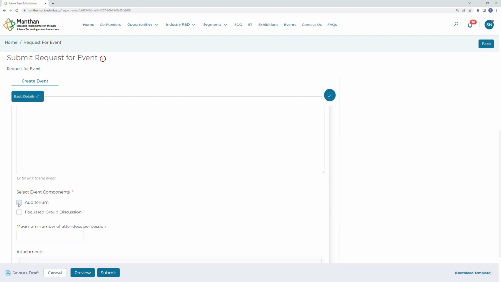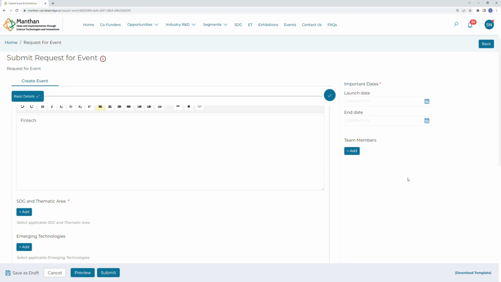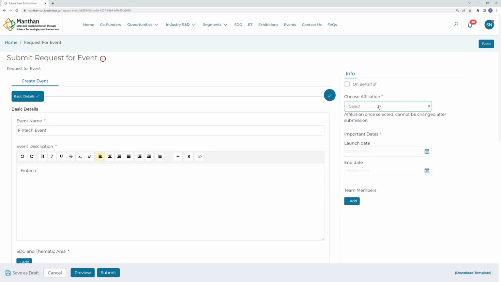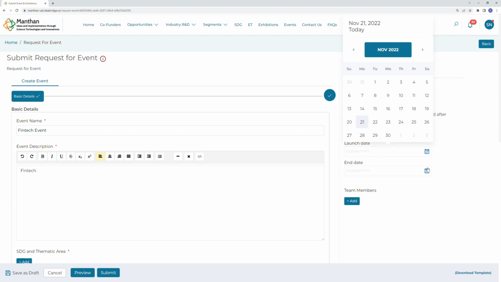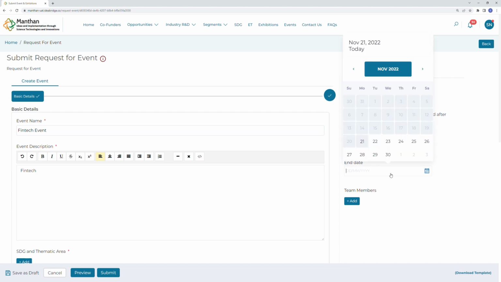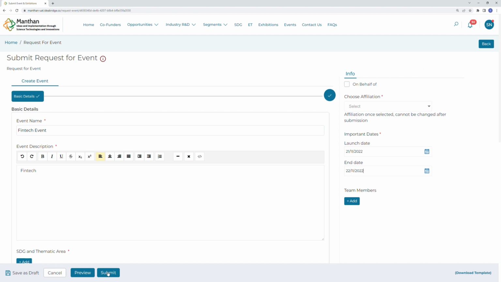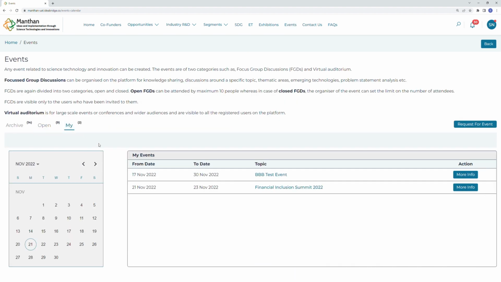You can create auditorium sessions to enable knowledge sharing with a large audience. You can also create focus group discussions with a smaller set of subject matter experts. Once your event is approved by the moderator, you can edit the event and add the auditorium session and focus